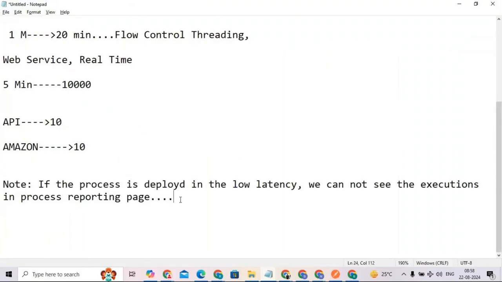Okay, now, until and unless the process is running successfully, there are no issues. If you're not getting any issues or any errors, then it is fine, no one will raise anything. Once you are facing any issues, or that particular process is getting any errors which